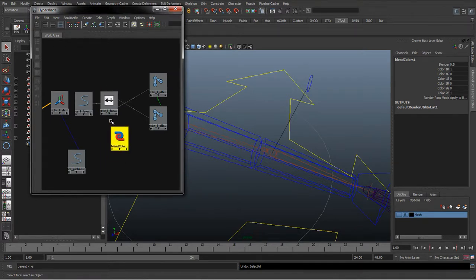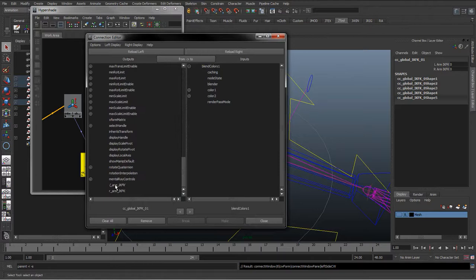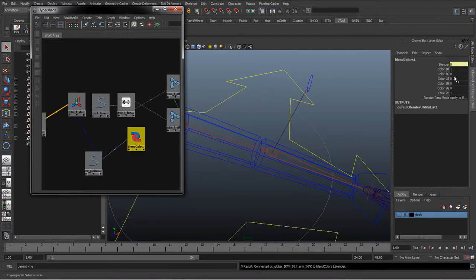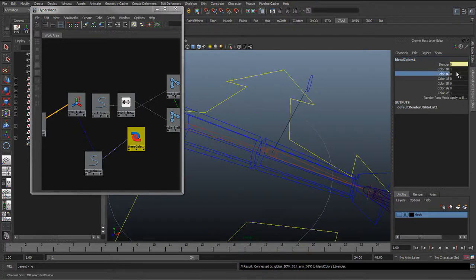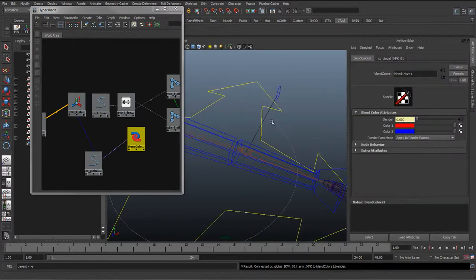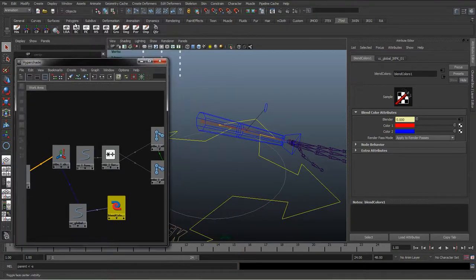So what we're actually going to do here then is we're going to again select the IKFK control, drop it onto the blend color node, go to Other, and I'm going to set the IKFK to Blender. And what that means is basically the blender has an if true and if false value. So the first value, there's a color 1 and a color 2. So when it's set to 0, and to demonstrate this properly, what we can actually do